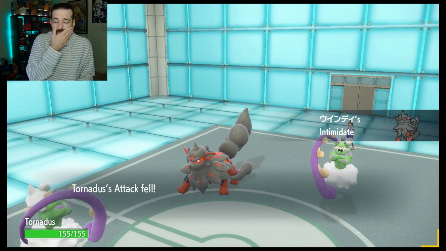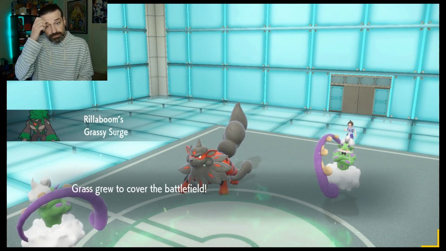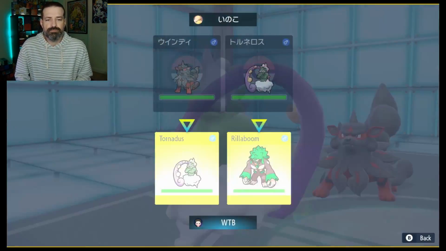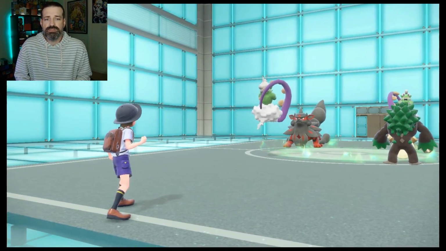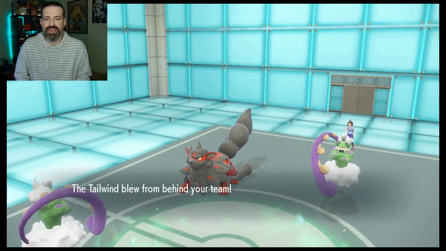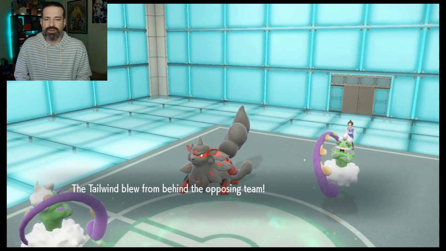Alright, that's not ideal, but that's totally fine. Here's what we're going to do. Let's go Tailwind, and we're going to go High Horsepower over there. I'm going to totally forego the Fake Out, and we're just going to try to take them out. That's fine, as long as they don't go Flare Blitz over into